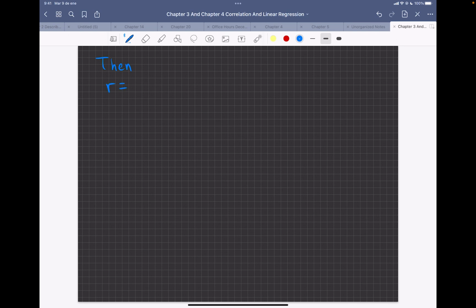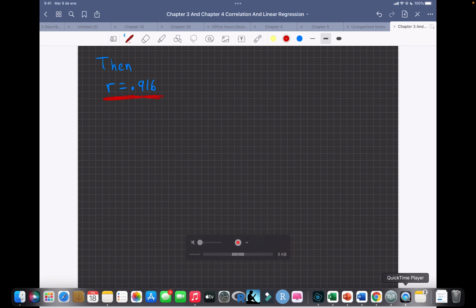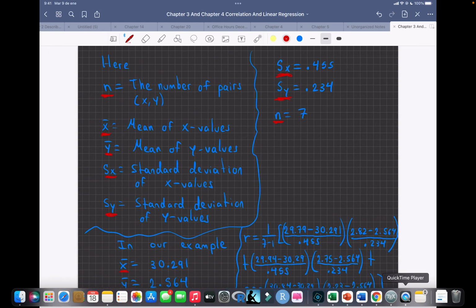R should be equal to 0.916, and I'm going to explain some things about R later. But for now, it's going to be R equal to 0.916. That okay? If you do all of these computations by hand,